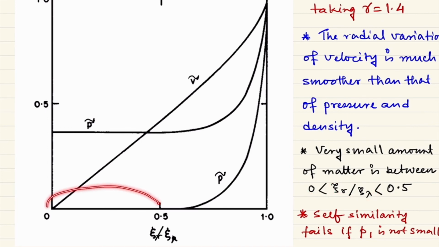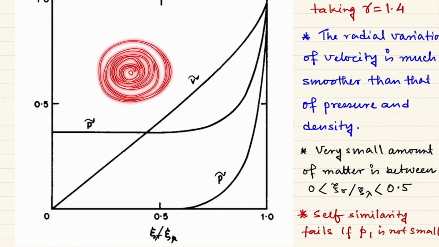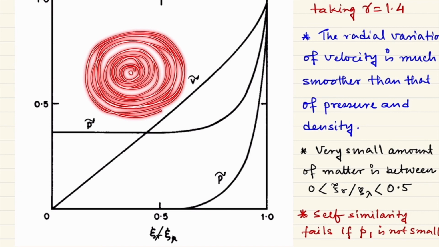So the amount of matter very near to the center of explosion is very small. So if you think of the center of explosion as having almost homogeneous matter, like a solid sphere full of fluid,